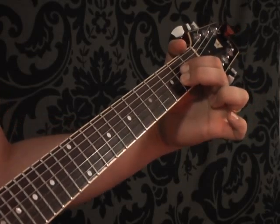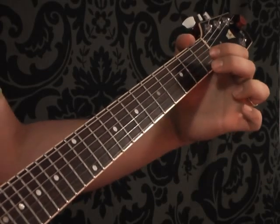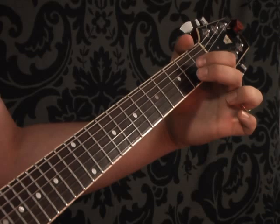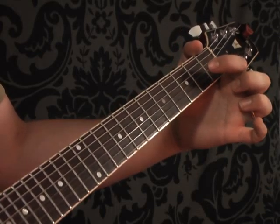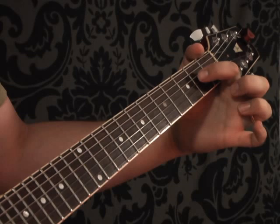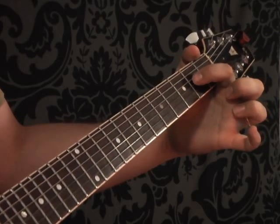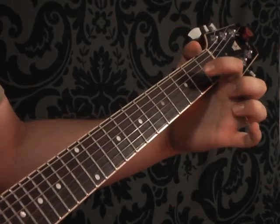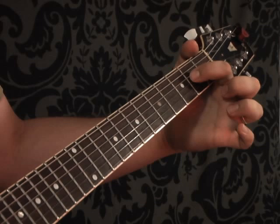Okay, you can do this on electric guitar or a guitar where the strings are close together. Here we go. So you take two fingers and you put them together like they're super glued together. And what you do is you basically aim your first finger to go in between string 3 and 4. Imagine there's a string in between string 3 and 4, and you're aiming for that. So you're putting your finger in the center of string 3 and 4,